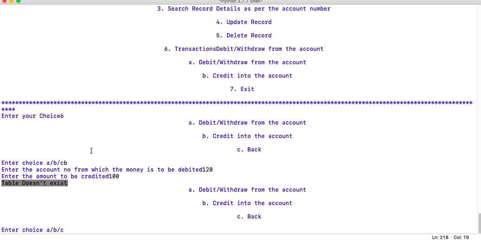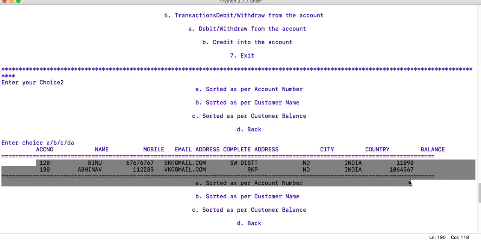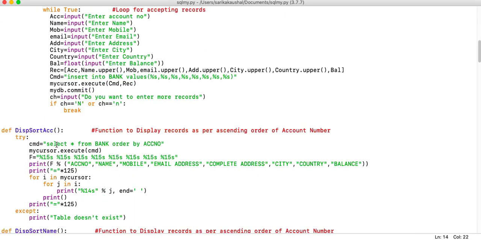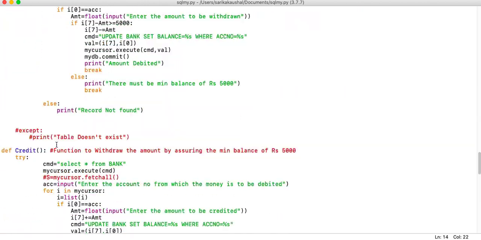Now it's not that the table is not existing, the table is very much existing, we have just seen. But the problem is when you are using an unbuffered cursor, it fetches the record and stores it. Every time that you need to access the information, you need to use the fetch function to fetch all the records. So I was doing the credit section with you, so go to the credit section.